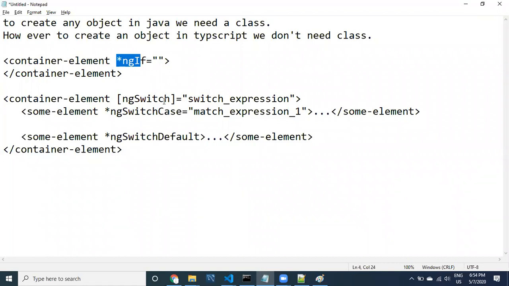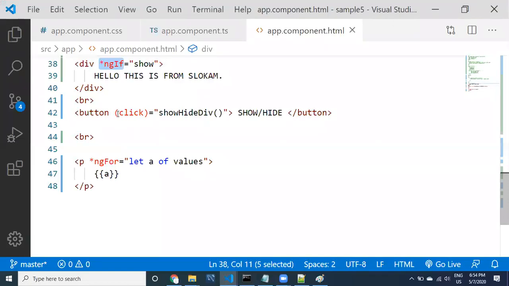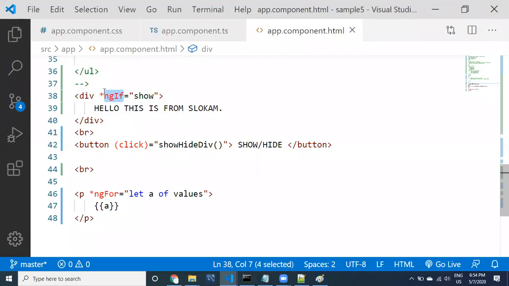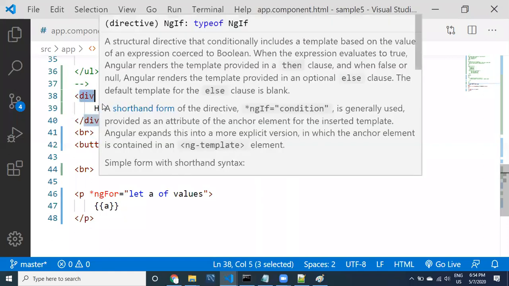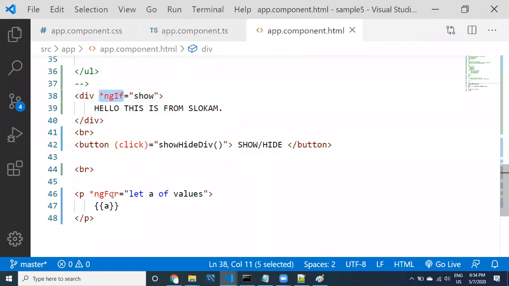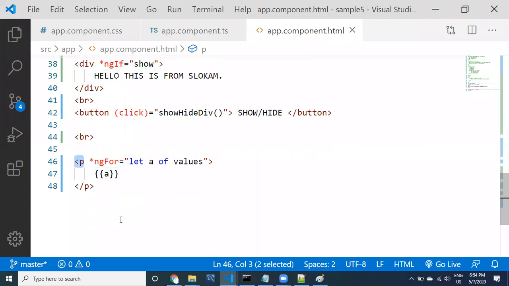When you are applying a structural directive, you are applying it to one container element. A div is the container element for ngIf, and for the ngFor structural directive, p is the container. If you want to apply a structural directive to an element, it should contain only one structural directive.